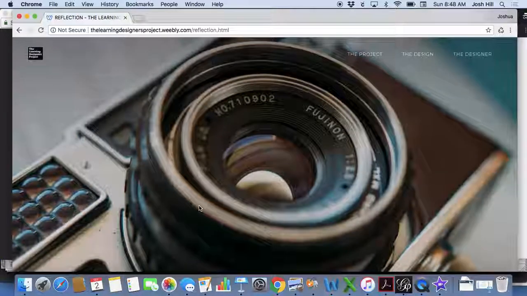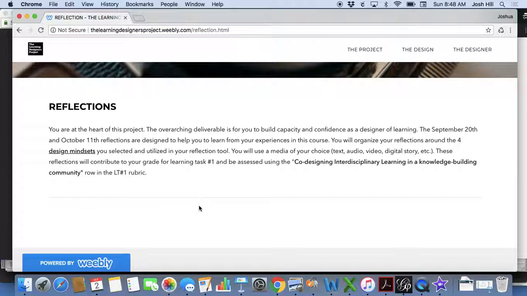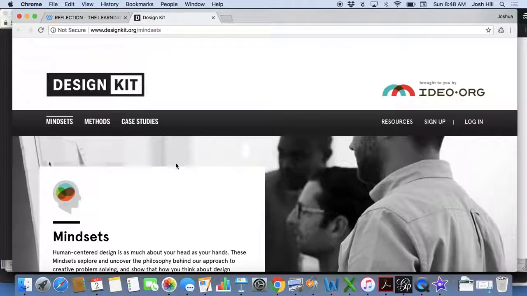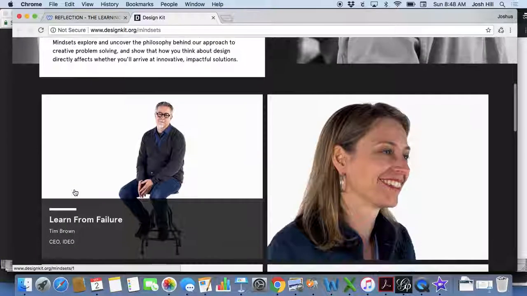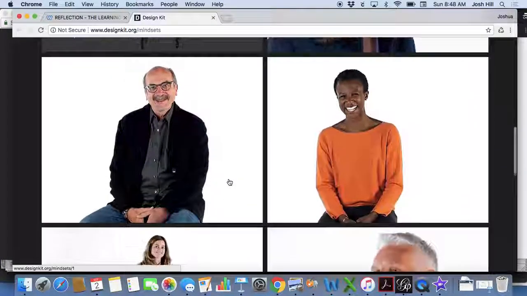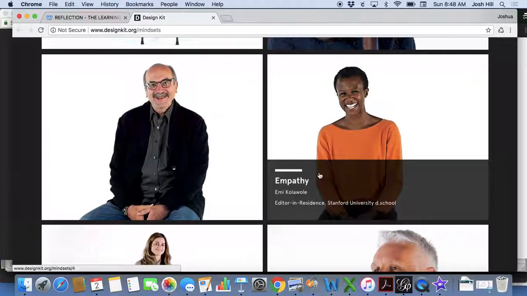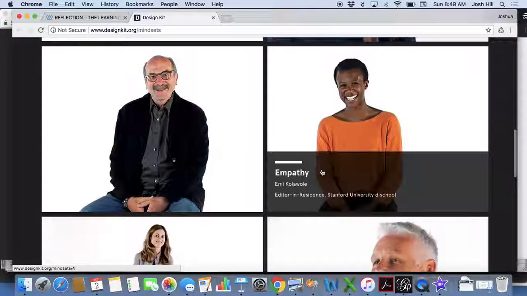The reflections on the 20th and 11th are going to follow the same format. All throughout the course, you're going to be prompted to reflect on your engagement as a member of our community. That reflection is going to be guided by your choice of 4 design mindsets from IDEO. In the first week, you will be prompted to select 4 of the following mindsets that I'm mousing over right now from the international design firm